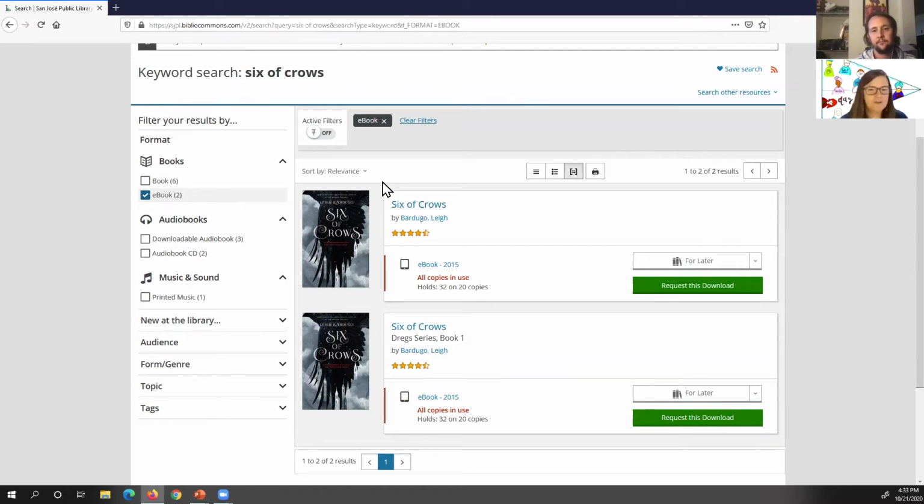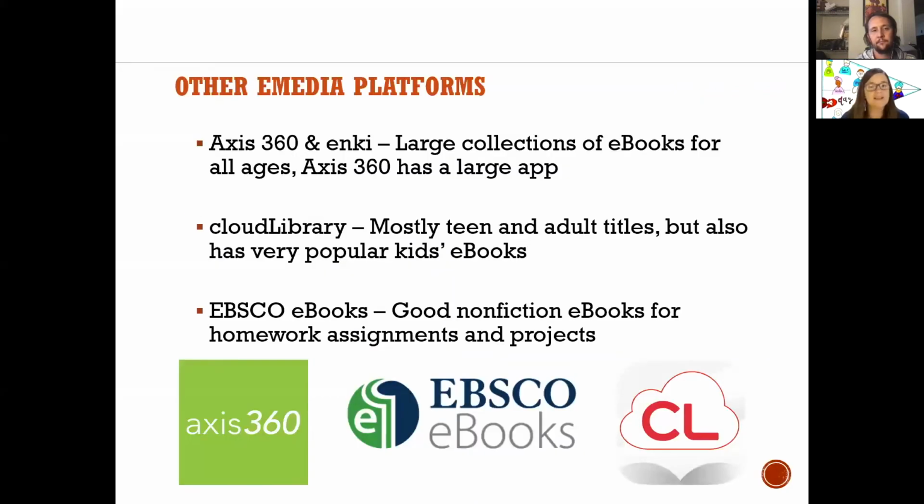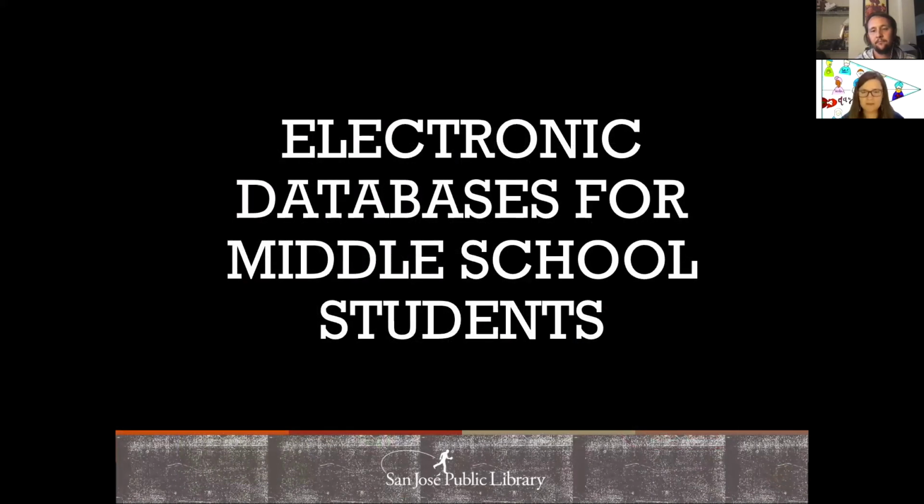So definitely poke around and see where it's available. So that's ebooks or e-media in general. And I just wanted to go over that real briefly, because one of the things when thinking about school success that really affects and impacts it is the level of reading that we do.